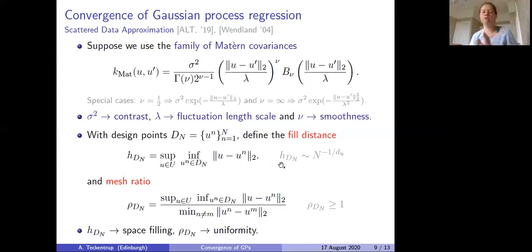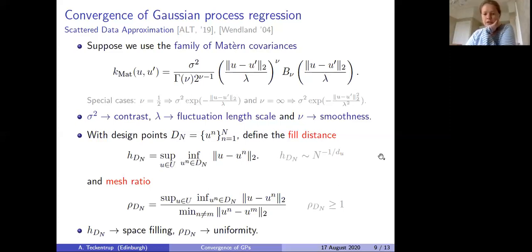If you want the fill distance to be small, then your points need to be quite evenly spread out over the parameter space U. What you're doing is looking at the supremum over all possible points in your parameter space U, and then the infimum over all of your design points, of the distance between U and UN. So you're looking at how far any point U can be from the design points. You can also interpret this as the radius of the largest ball in U which does not contain any of the design points. So it's really a measure of how evenly spread your design points are in